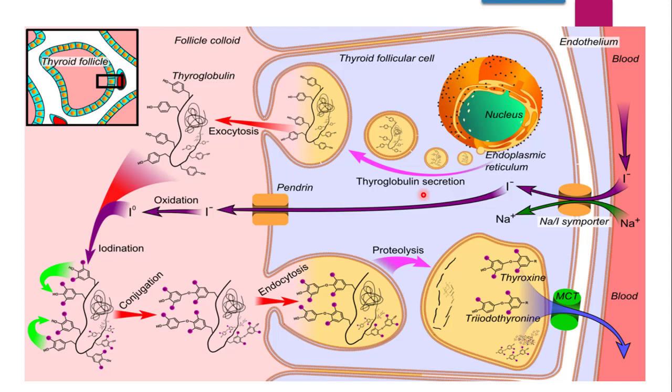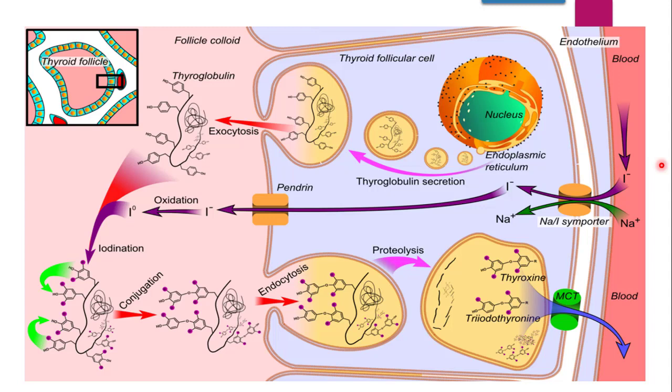Now if you recall this diagram, first from the endoplasmic reticulum thyroglobulin is getting secreted, then by exocytosis thyroglobulin is coming to the lumen of the thyroid follicle. Then again from the blood iodides are getting trapped by the thyroid follicle, and these iodides are getting released into the colloid of the lumen of the thyroid follicle through the pendrin channel, which acts as a driver for iodides. Now at this site, iodide trapping can get inhibited.